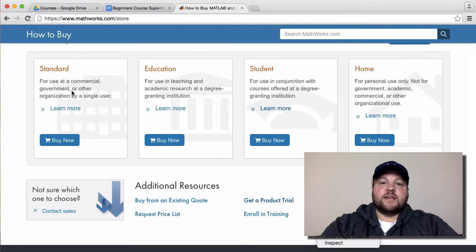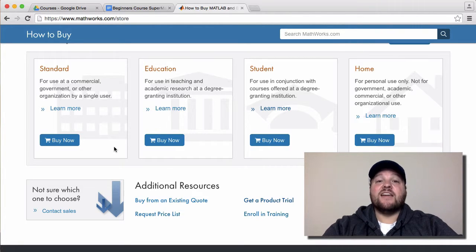Try out Matlab and get your 30 days free, and then your employer can go out and purchase Matlab for you. In this case, again, you don't pay anything out of pocket for it because your employer is purchasing it for you. So if you're not a student and your employer is not willing to buy Matlab for you,